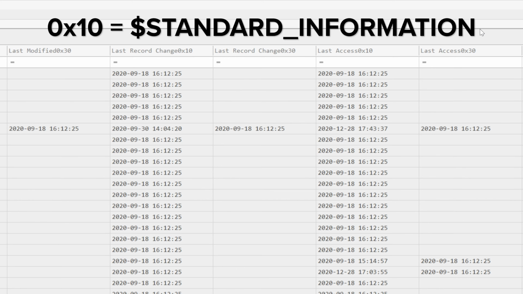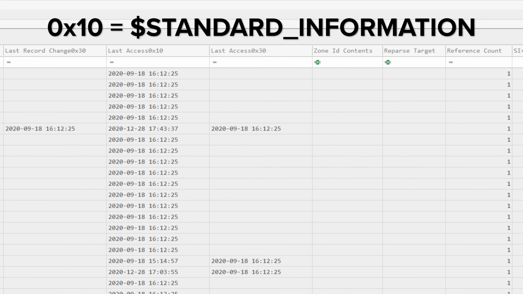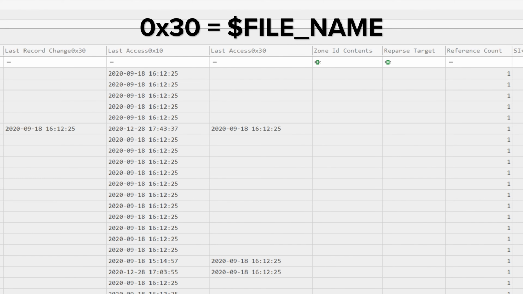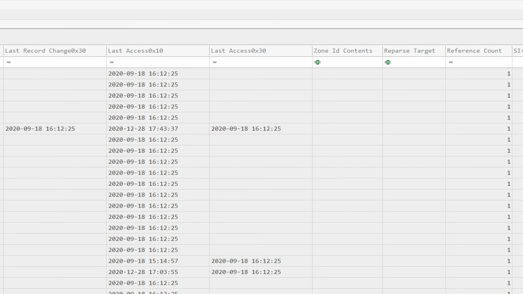The ones with hex 10 are our $standard_information timestamps, and the ones with hex 30 are our $file_name timestamps. Remember that standard information timestamps are those that are accessible by the Windows API. That's what you're looking at with Windows Explorer, for example, whereas the file name timestamps are, in theory, only accessible